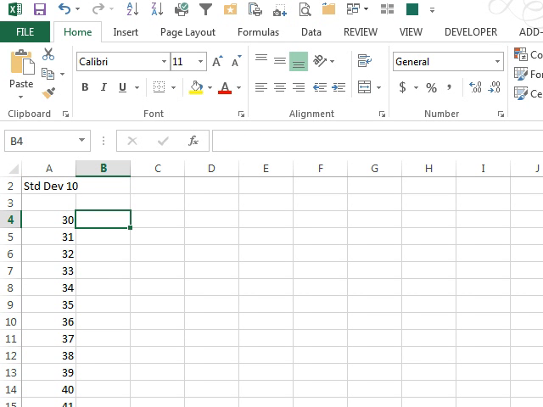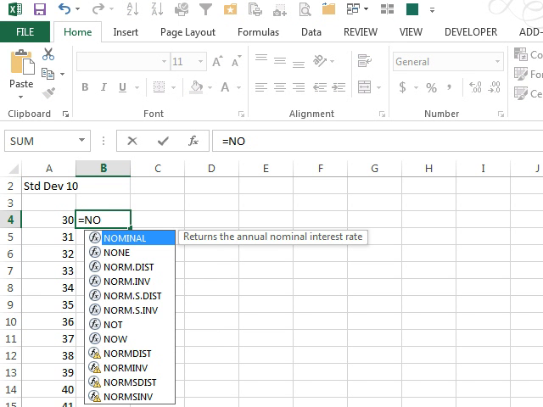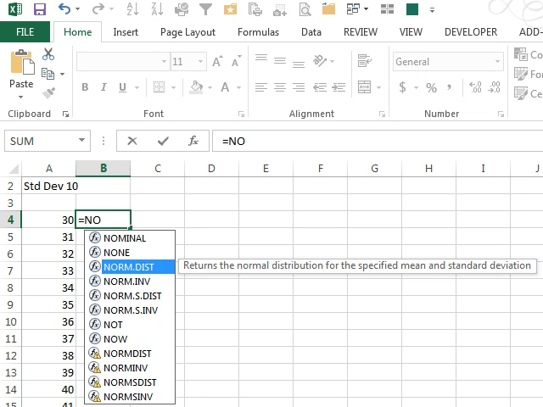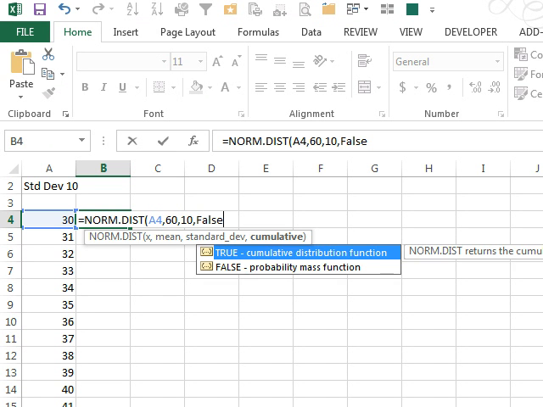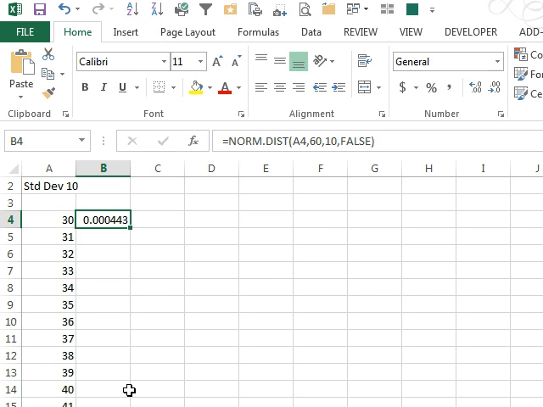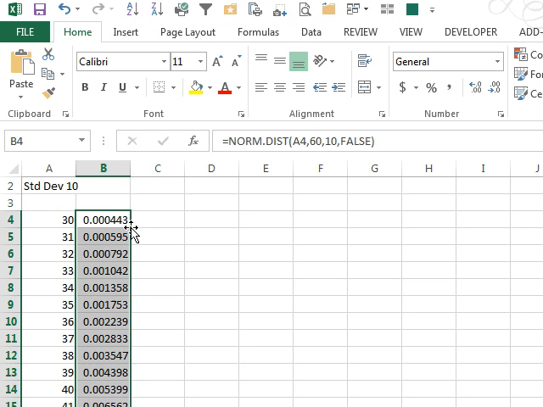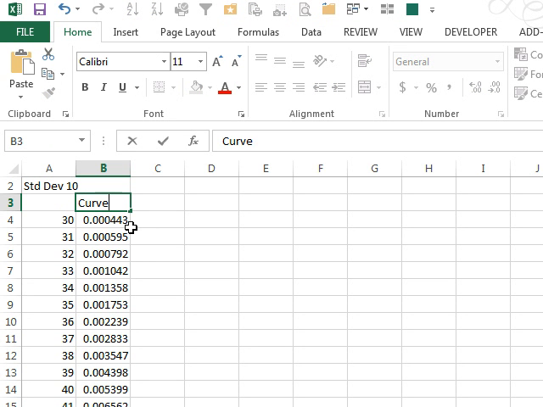To do a distribution that is not the standard normal distribution, we use equal NORM.DIST. Now this time, they need to know the x value, they need to know the mean, which we said was 60, they need to know the standard deviation, which we said was 10, and again, cumulative equals false. All right, so we'll copy that down, put a little heading here of curve,